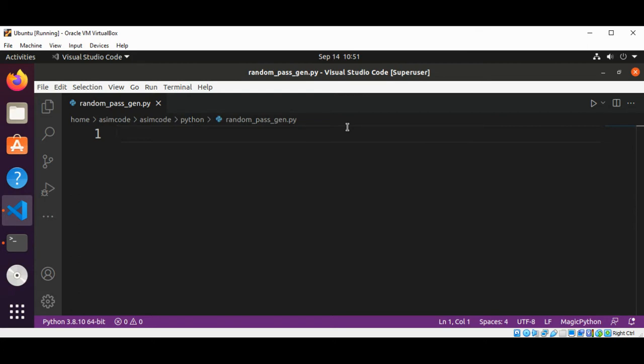In this video, we will learn how to write a random password generator in Python. So first, we are going to import random, and then we are going to import string, and now we are going to generate a pass string